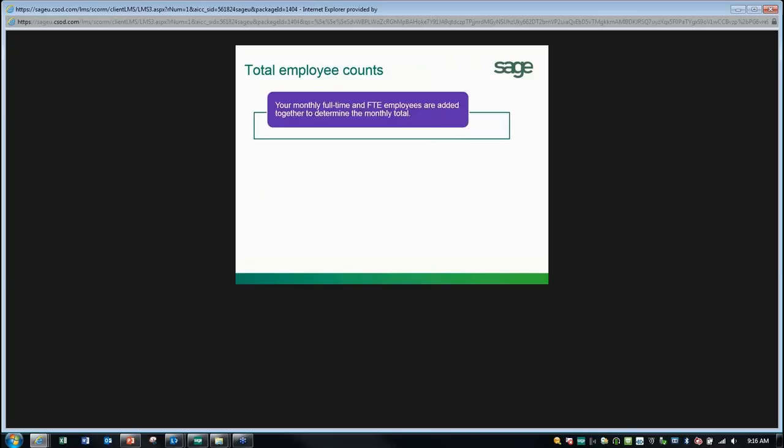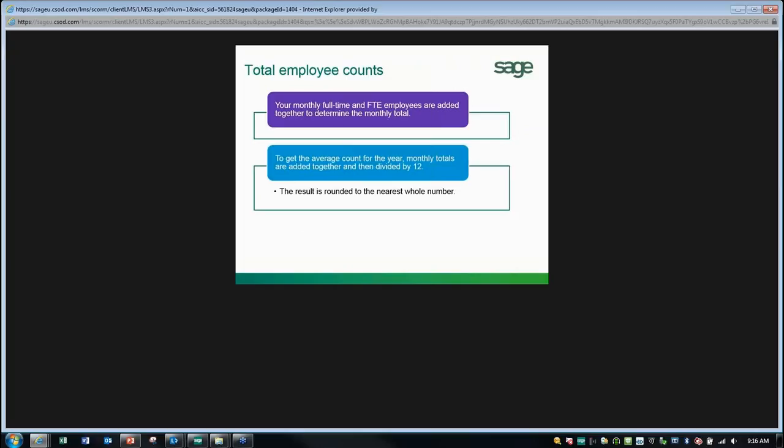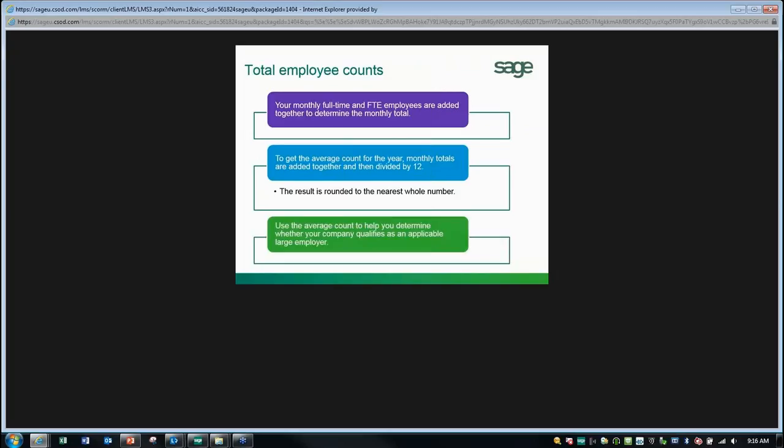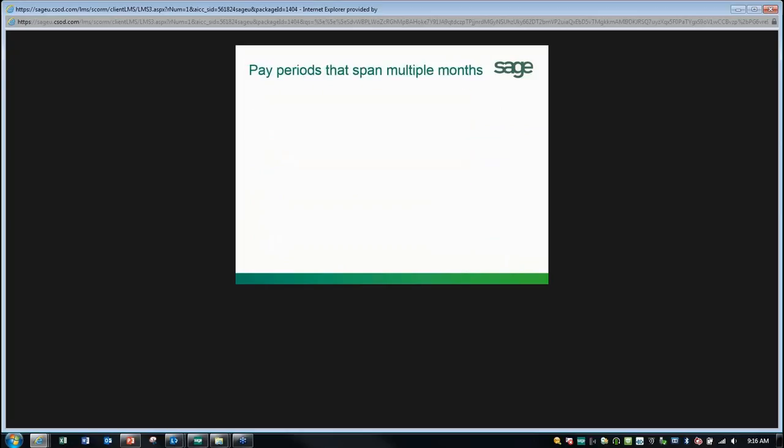Total employee counts: your monthly full-time employees and full-time employee equivalents are added together to determine the monthly total. To get the average count for the year, monthly totals are added together and then divided by 12. The result is rounded to the nearest whole number. Use the average count to help you determine